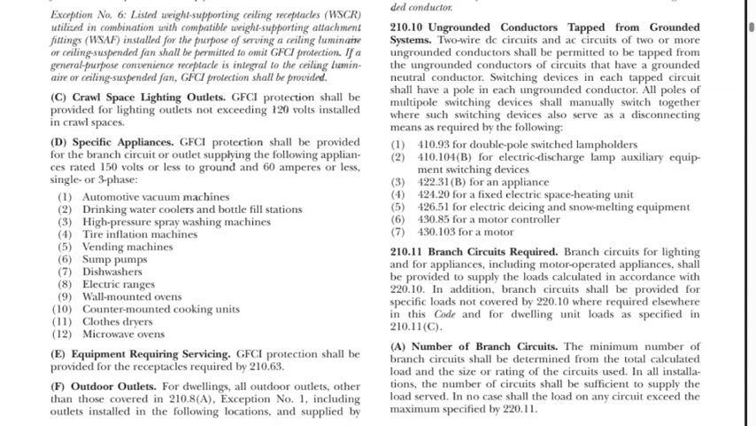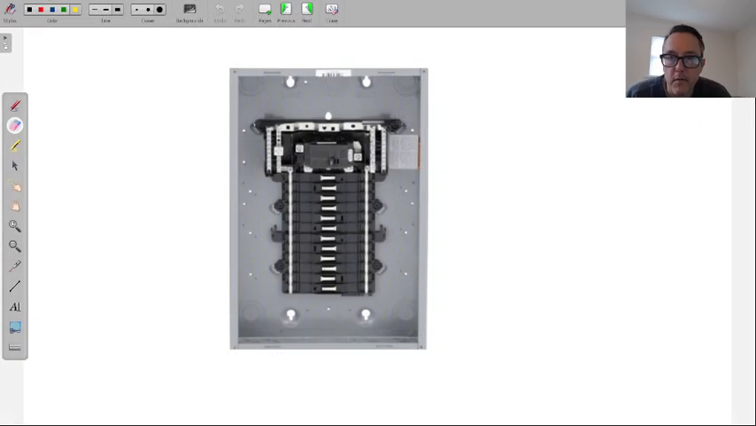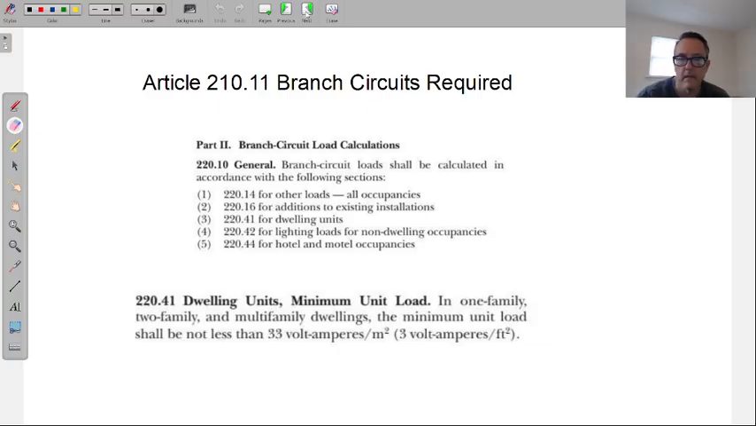All right, I'm starting here at Article 21011. Let's read it real quick, and then we'll go over to the code section it sends us to. It says, and we did this one yesterday, but let's just go over it again. Branch circuits for lighting and for appliances, including motor-operated appliances, shall be provided to supply the loads as calculated in accordance with 22010. So if we jump over to 22010, and here I have 22010,